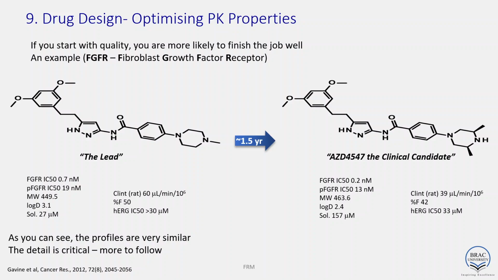So here is an example. If our target is a receptor, FGFR, fibroblast growth factor receptor, which mainly drives cancer in bladder cancer, then we have to develop a small molecule drug. In this example, this is the lead compound which was developed against this target FGFR, and after some modification